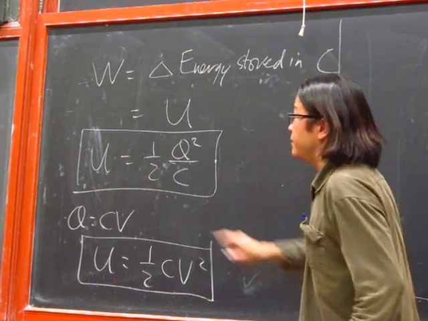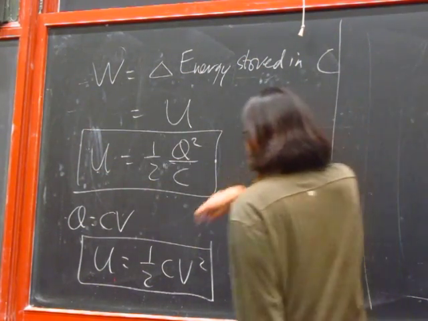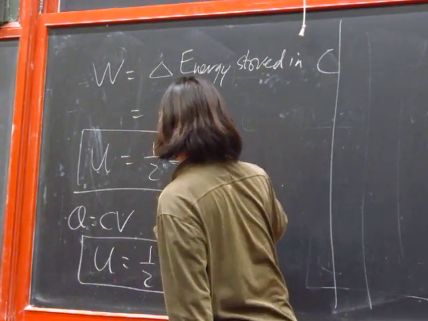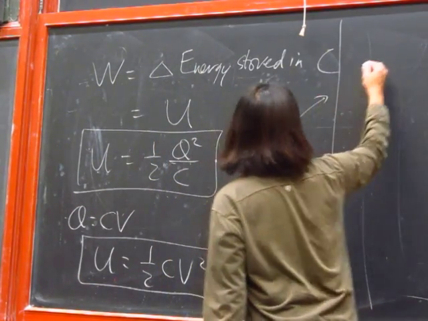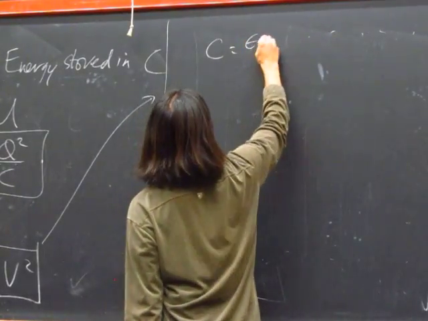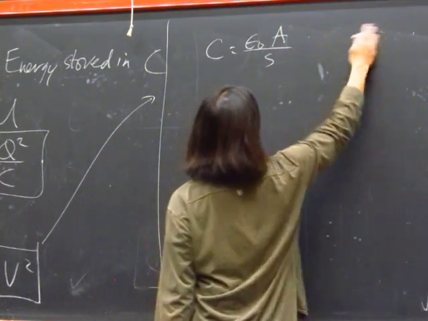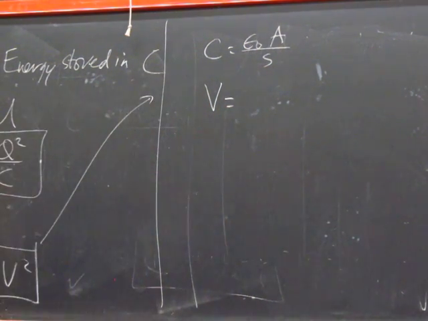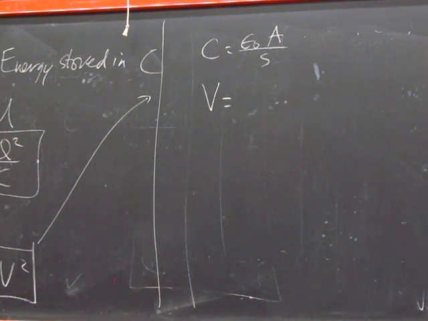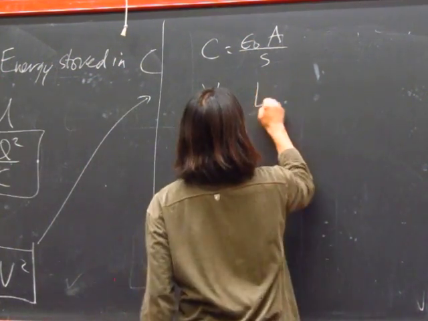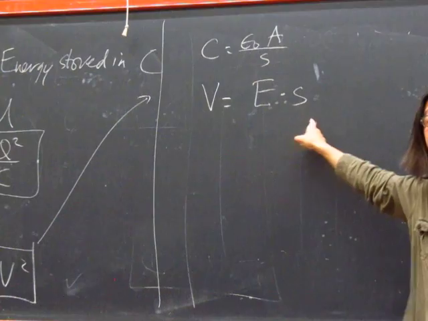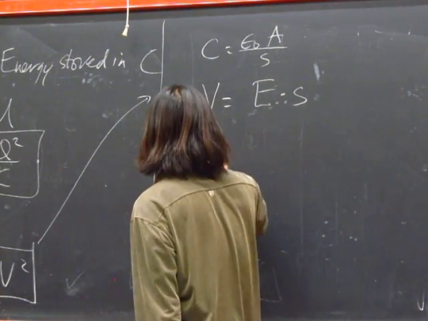So let's calculate the expression for the energy stored in a parallel plate capacitor. Which equation should I use? Let's use the bottom one. C is epsilon naught A over S, and V is just E times S. So then my energy becomes 1/2